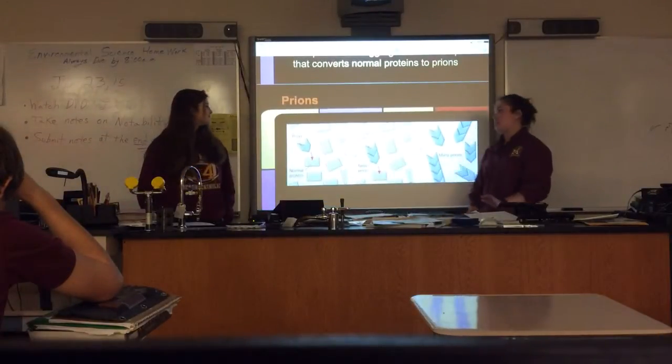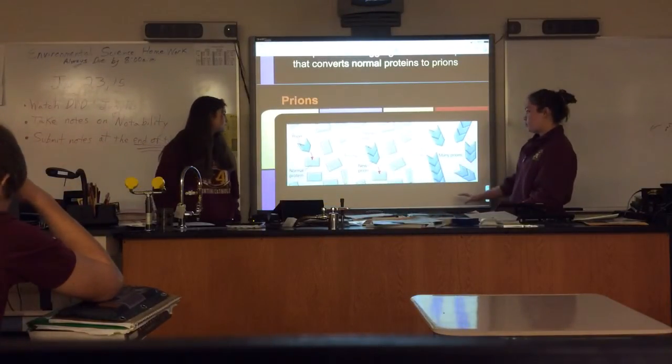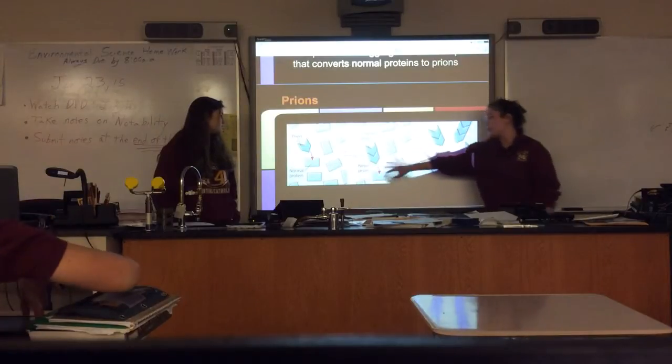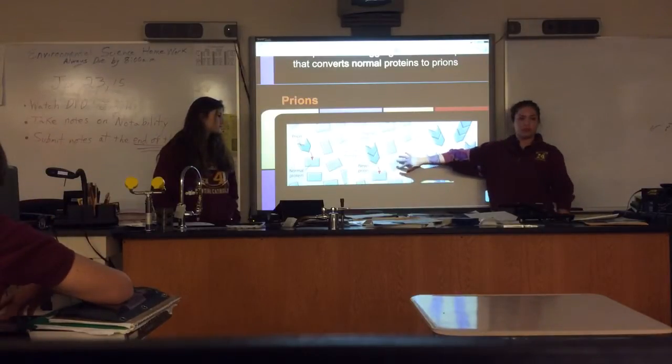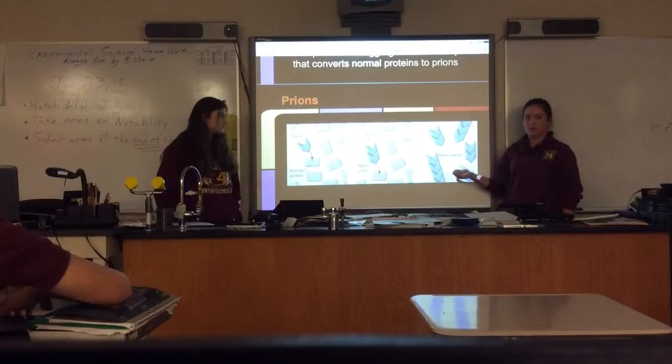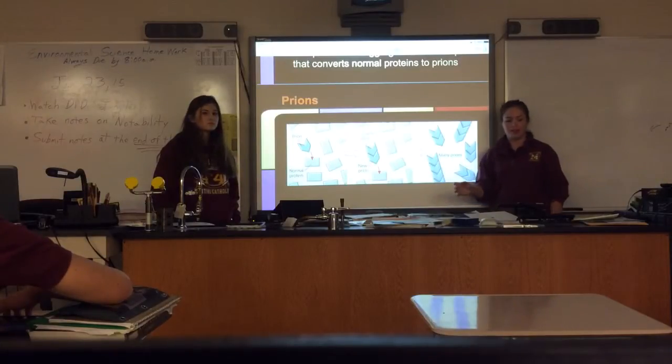Okay, and this is just a picture of how prions work. Once the prion is infected, it transforms the brain cells, and then it forms the new complex. Okay, and then I have a video on how